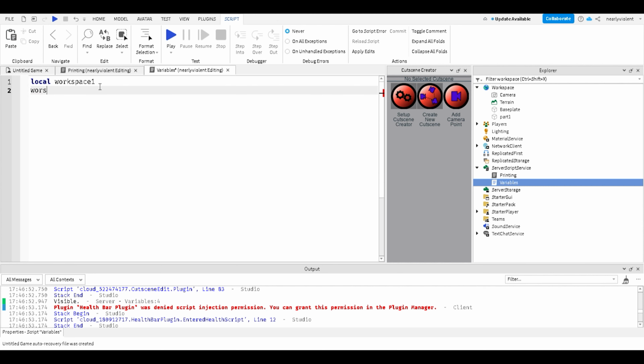Okay, when I say local workspace 1, you're gonna make it equal to, so workspace 1 is, then we can say game.workspace. Now it will know that workspace 1 is just the workspace. Game.workspace is kind of unnecessary to make a variable for, because you can just say workspace, but we could actually